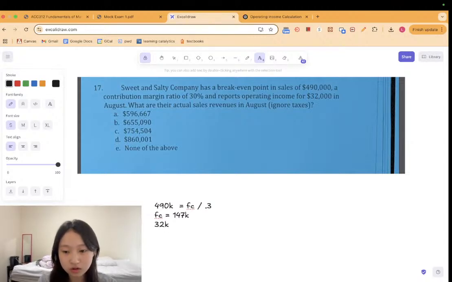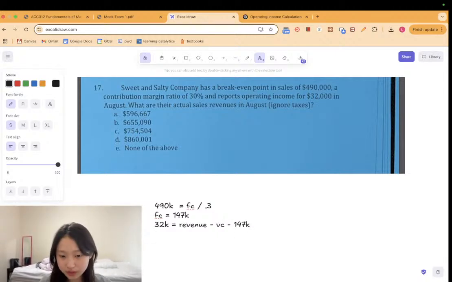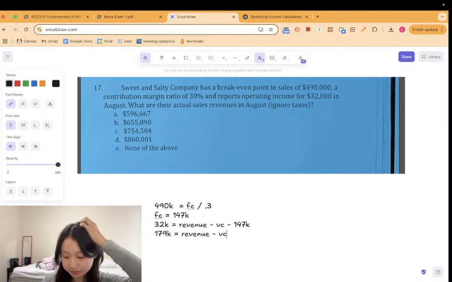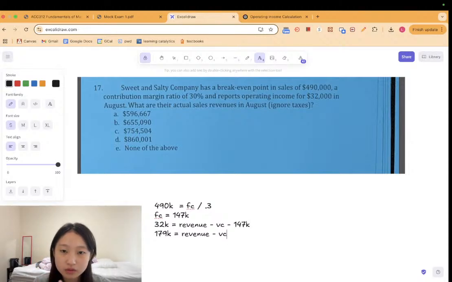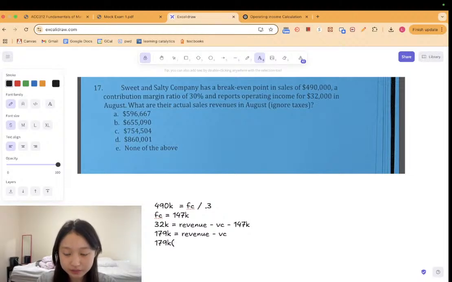So if 32,000 is our operating income, we know that that is our revenue minus our variable cost minus our fixed cost of 147,000. So then we can add both sides, and we get 179,000 is equal to our revenue minus our variable cost. From here, we know that revenue minus variable cost is our contribution margin. So basically 179,000 times 0.3 would equal our